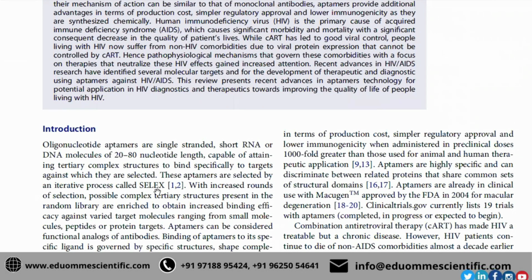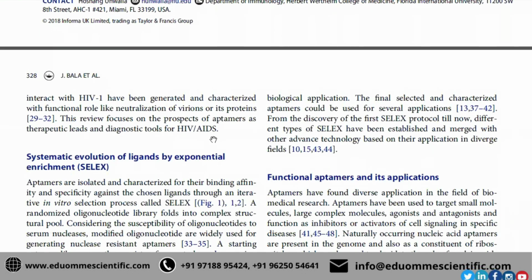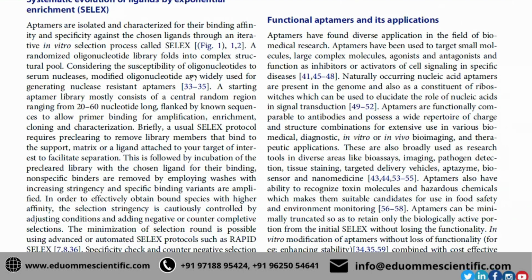Here I'm not presenting what I have done, but what I have read about this subject area from different research groups, and I have mentioned these citations. In the introduction, you will find the summary about all these things like HIV, aptamer, how aptamer has been generated by SELEX, what are the benefits of using aptamers and its application. Subsection wise, I have classified and shown the studies about all these subject areas.